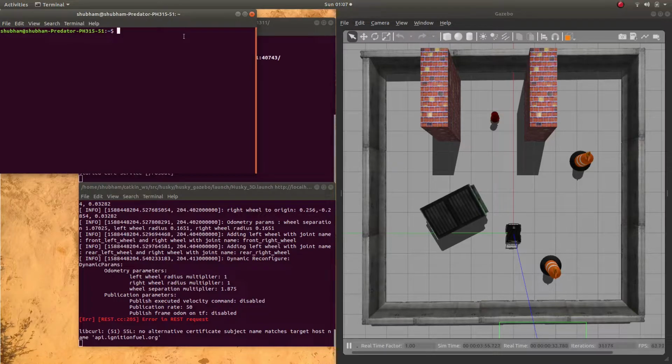Now we will be opening the RViz for the visualization of the laser scan as well as the 3D scans.